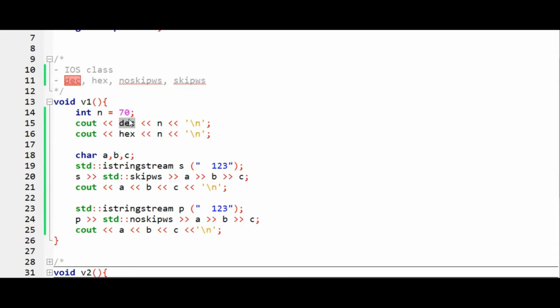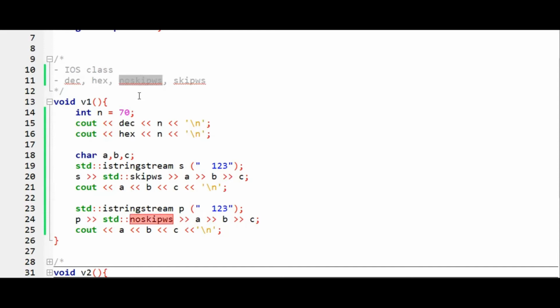It means the decimal will be created of 70, and then that value will be passed to cout, and cout is an object of the ostream class, and ostream will print the value over the console. Same for hexadecimal, the flow will be inserting into cout. So the output of these two lines, 15 and 16, would be 70 converted into decimal and then into hexadecimal form.